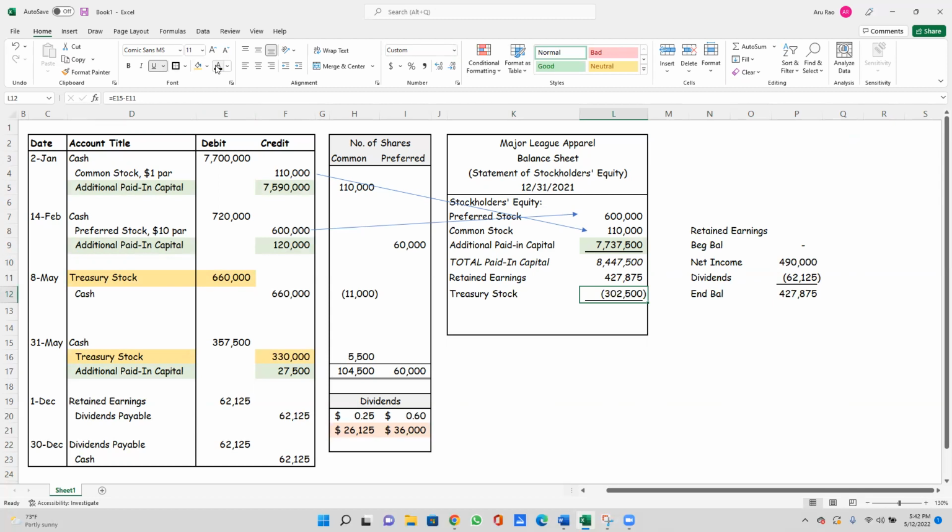Okay, so where did I come up with that number? Okay, it's 660 minus 330. That's how much I have in treasury stock. Now I finally have my total stockholders' equity, where I'm going to take the total paid-in capital. I will add the retained earnings and subtract treasury stock, to come up with a final balance of $8,545,375. Okay, so treasury stock, let me just put it in that same color so you know where that number